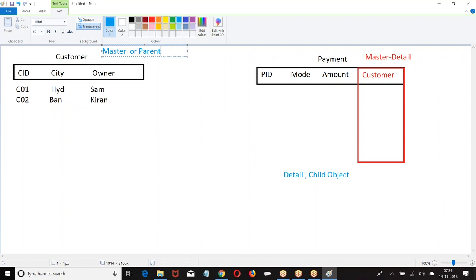Let us summarize all the points one more time. Master detail relationship. It is a one-to-many relation. It is used to establish a connection between two objects.